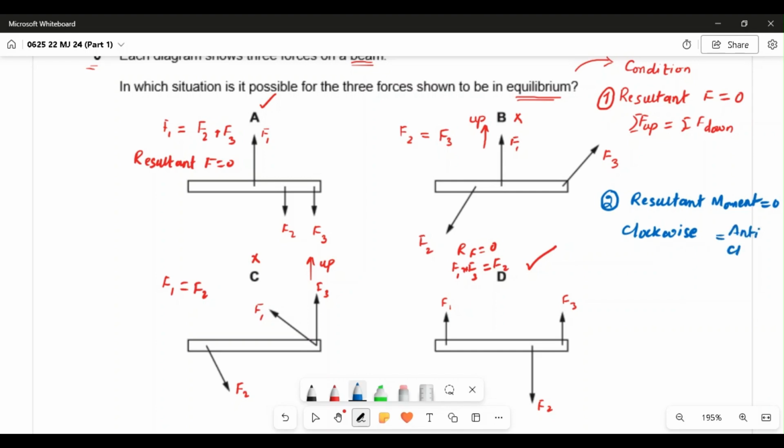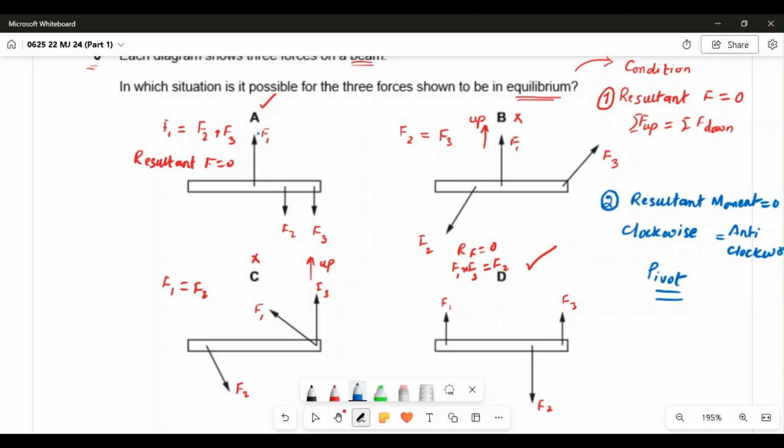Clockwise and anti-clockwise moments can be found if we have a point around which the object is rotating. You can say center of gravity or you can say pivot point. So for these two figures which have a chance of the beam being in balance, like A and D,